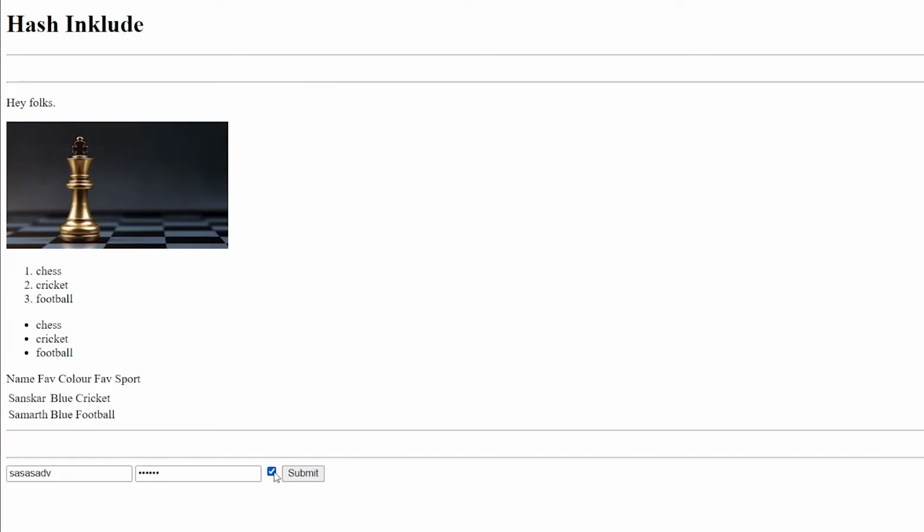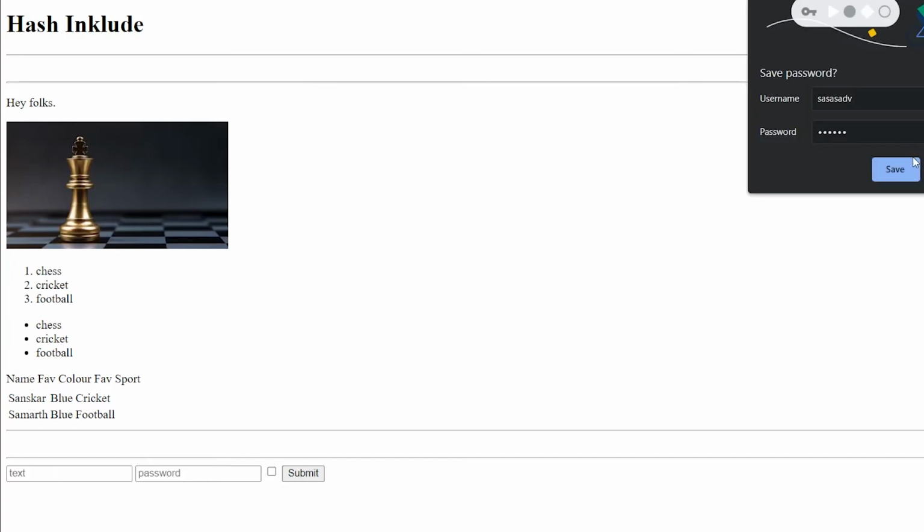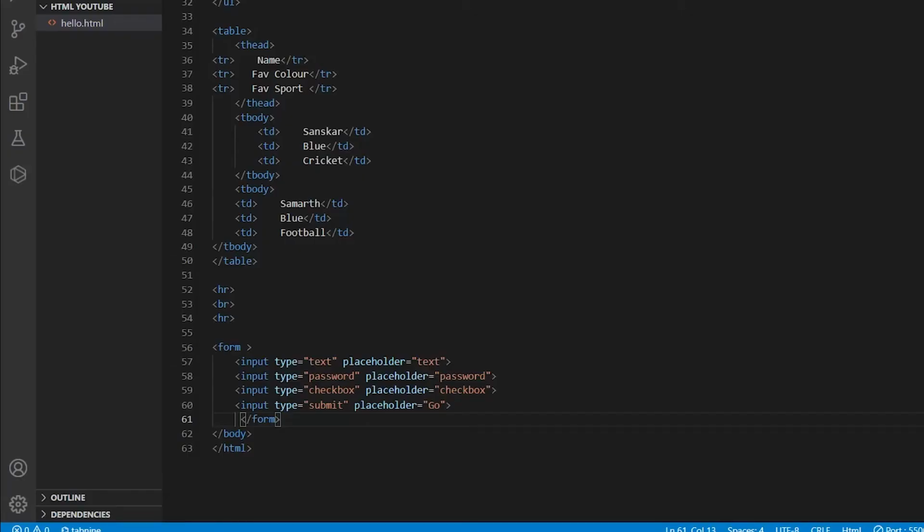And this is a submit. See, as soon as I clicked on it, the pop-up appeared. So this was type submit button and placeholder was submit. So this was a basic idea of form input types. We also have radio, we also have checkbox, we also have file, we have reset, we have many such types of input. Feel free to go ahead and check what each one does.